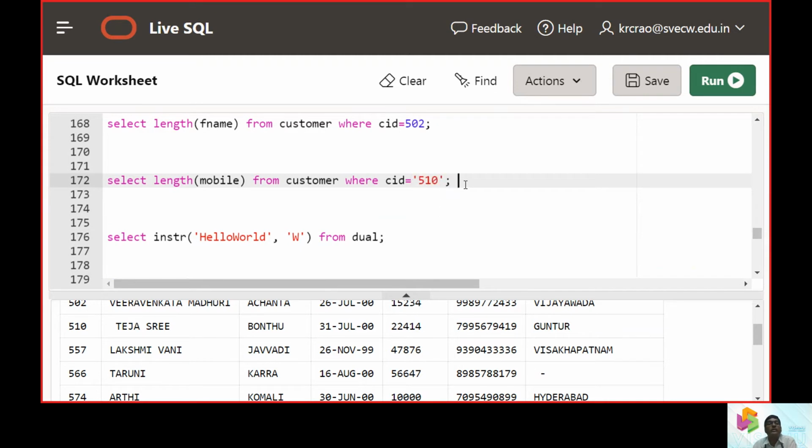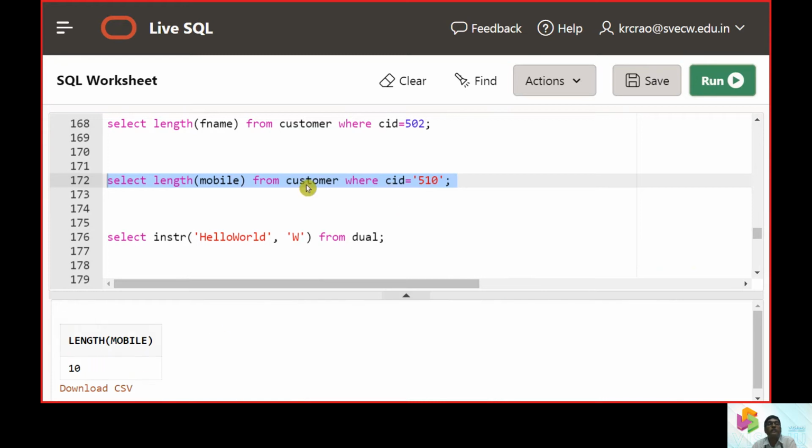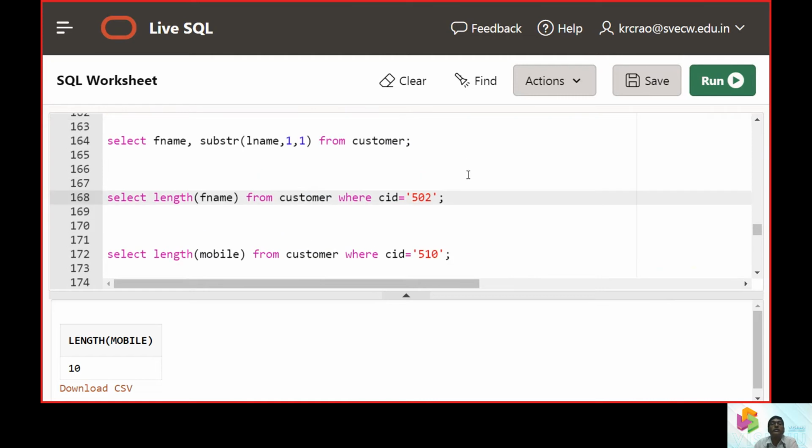Put in a code and just check it out. So we get the 10 digits. Similarly, we defined it as a varchar, so obviously it should be given in a code. So that was the error it raised earlier. We didn't define it as a numeric. So now you can see the length is going to be 20 characters.